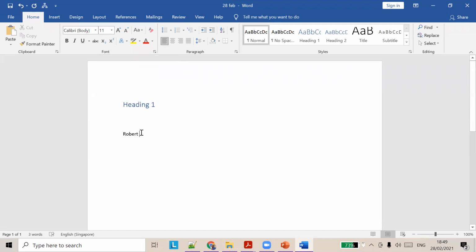But when you apply a heading, it will change the font to some other font. I think here we have Calibri, and it changes the font size also. So this is how you create headings. That's the difference between normal text and heading text.